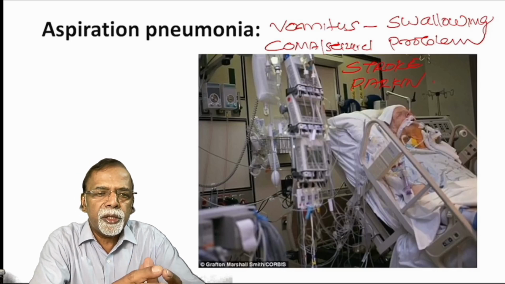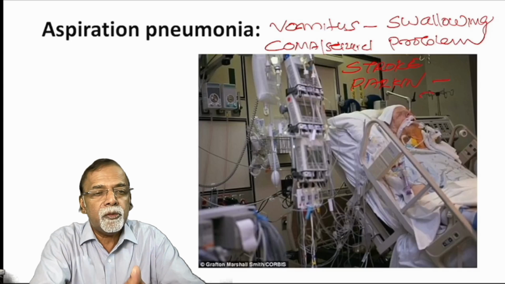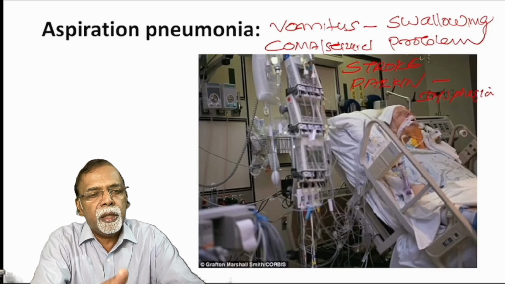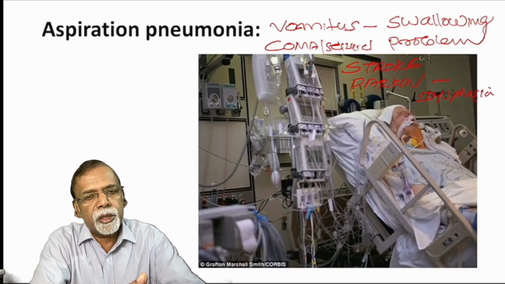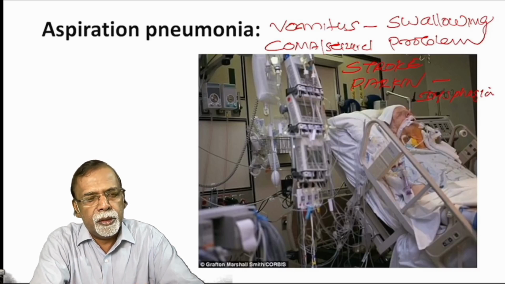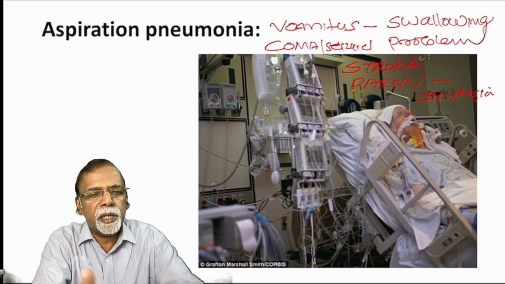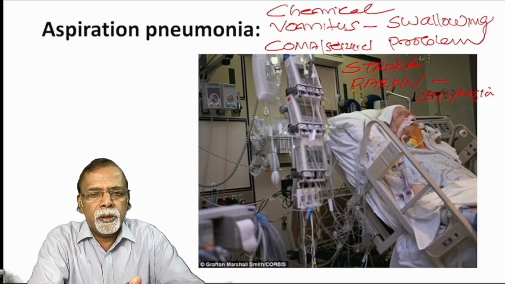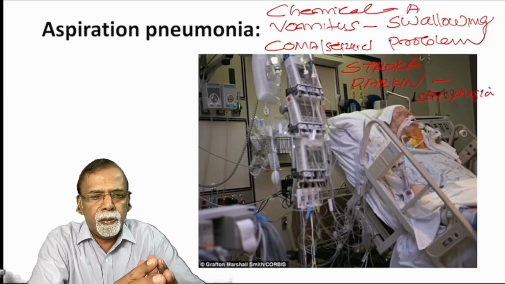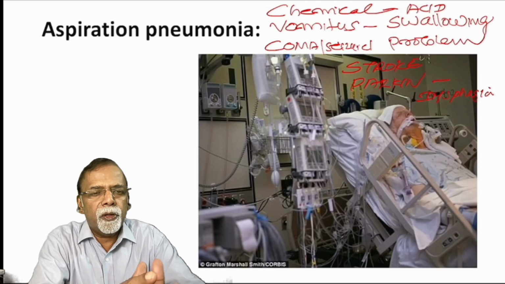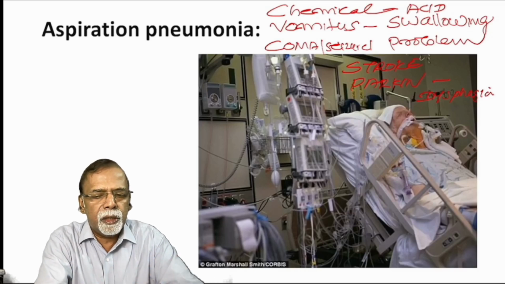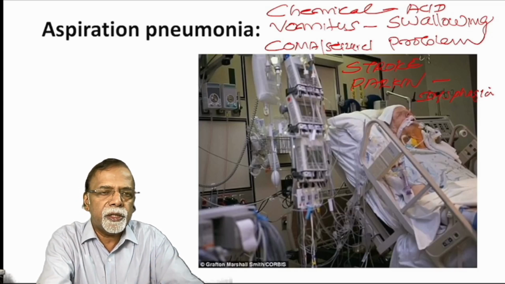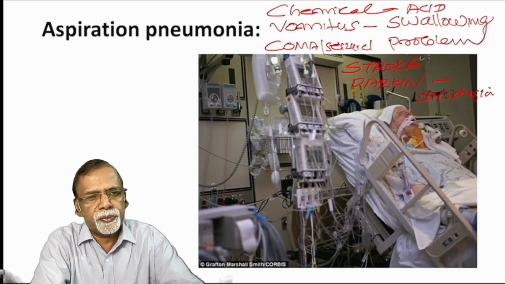So in aspiration pneumonia, the importance is that it is due to a wide range of bacteria including oral flora and anaerobic bacteria, and there can be chemical pneumonia also, because the aspirated content may contain acid, that is, gastric content may be aspirated. So there are different etiologies, multiple organisms and multiple etiologies may be there. So the patient's history is important, the setting in which the pneumonia occurred, that will help to differentiate this type of pneumonia.